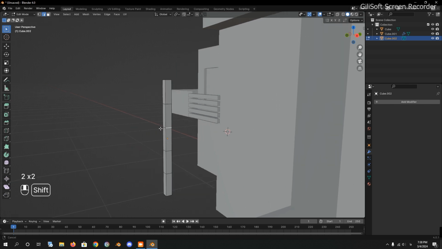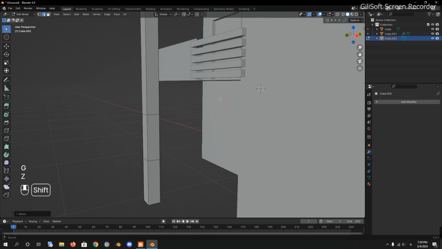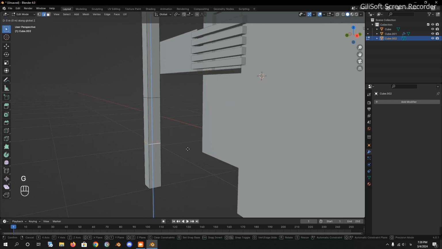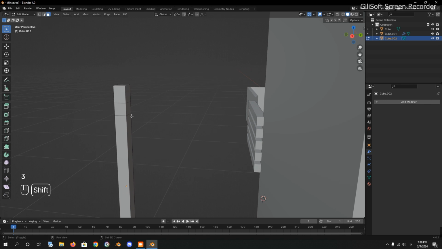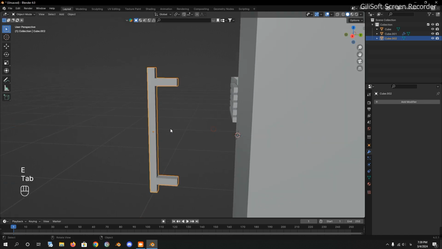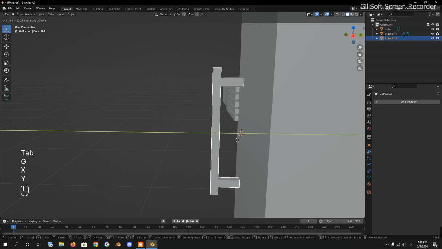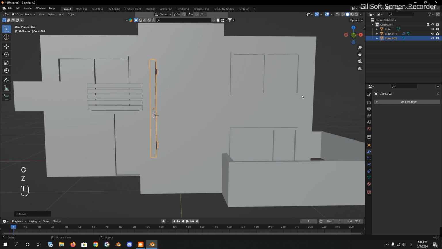Here we should zoom in, hold Alt to choose all of those edges that are around, move them up like this, and here we should do the same thing. By pressing 3, select these faces, extrude them along the Y-axis like this, and let me place it here, just